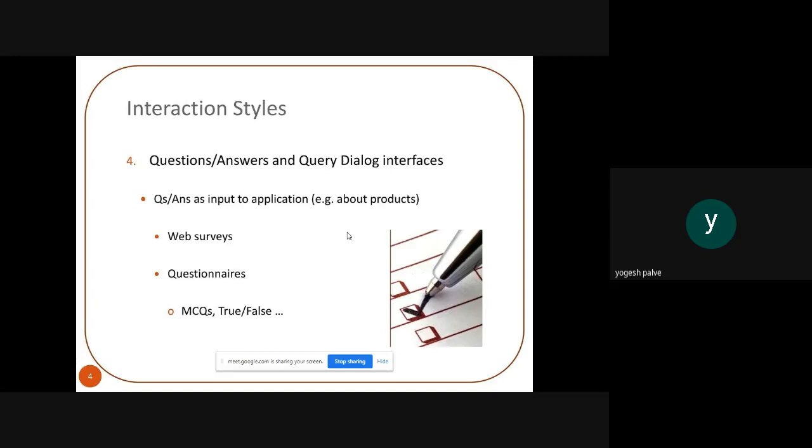According to that interaction style, whenever the user uses it, it will be clearly understood by the user or the customer. So as a developer, you have to provide such kind of interaction style to your user, so they can easily manage it and use it.